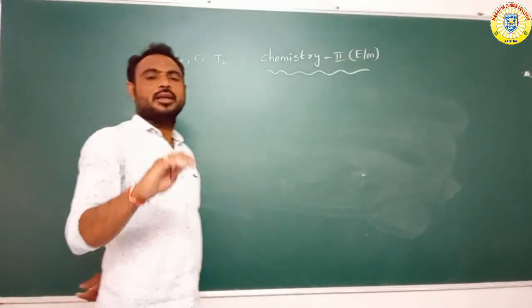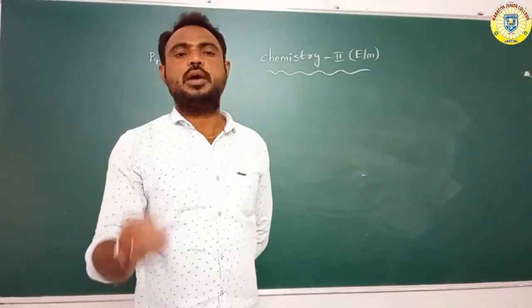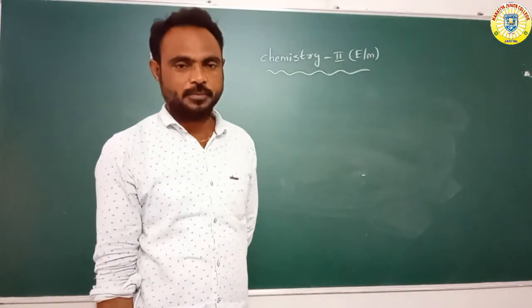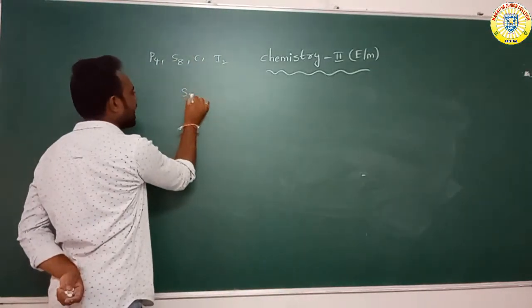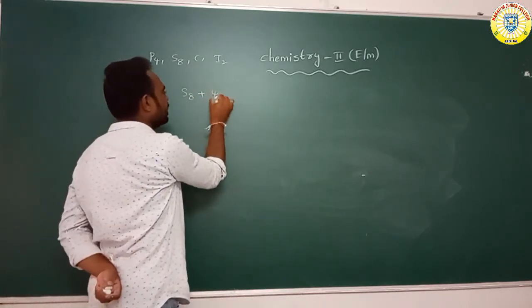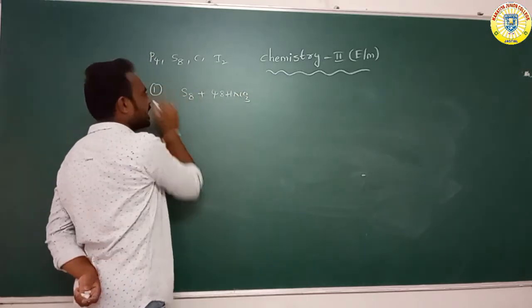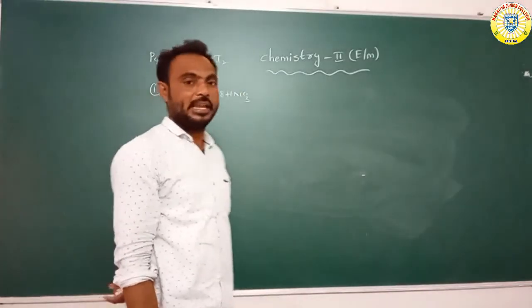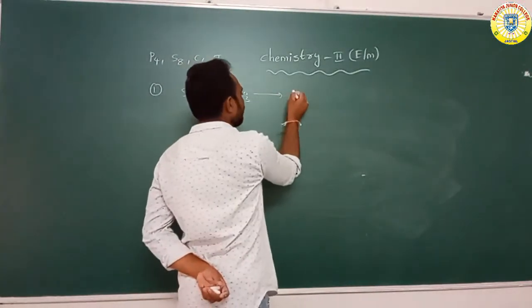These all react with HNO3 to form different types of compounds. Suppose for example we have taken S8 sulfur. This sulfur reacts with HNO3, nitric acid, to form, first of all,